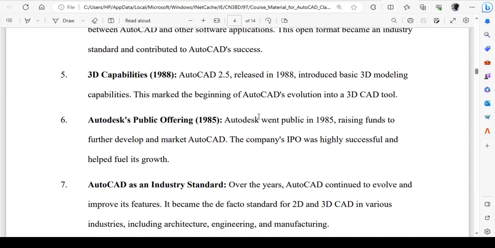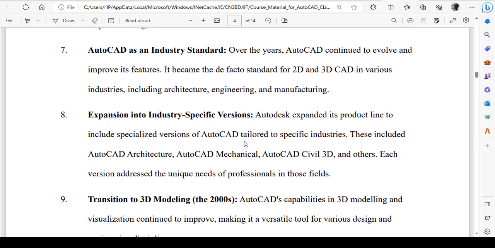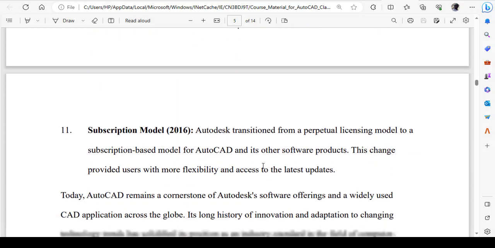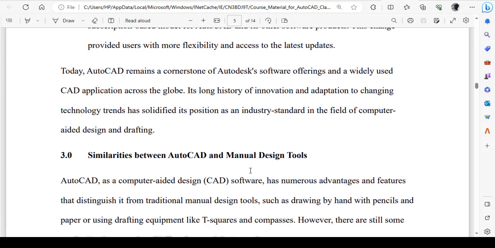So don't be surprised that it's not only those in environmental engineering that use AutoCAD. No, we also have those in the pure sciences who use AutoCAD. Even the doctors also use AutoCAD. There is what we call the industry interface. Based on your industry, they give you the software that you need. So AutoCAD has become a very good software over the years, and it has transitioned to become something that is useful in a lot of industries.